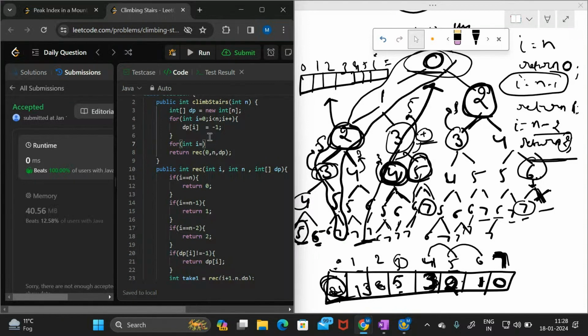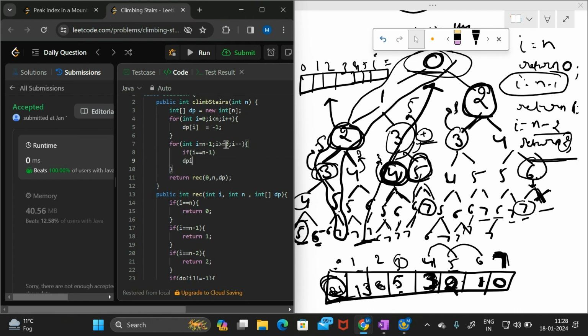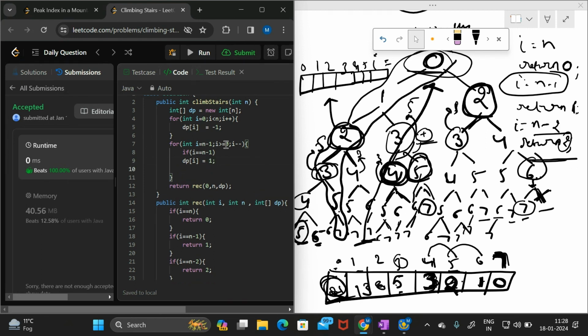Int I from n minus 1 to 0, I minus minus, where if I equal to n minus 1, dp of I is equal to 1, and